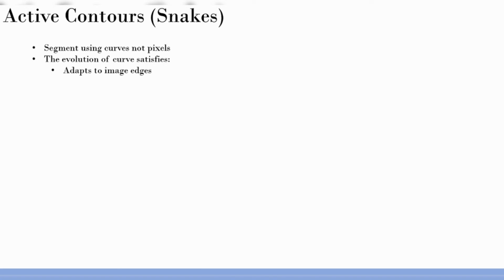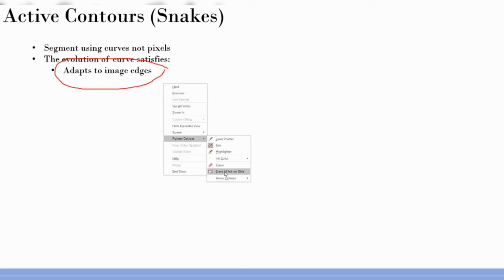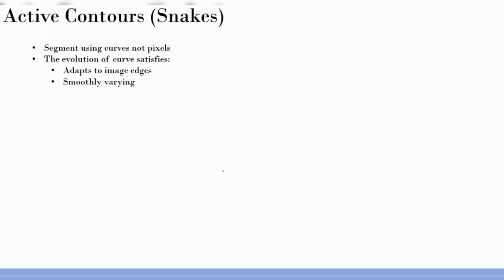So the evolution, so you have the curve. This is not really about a pixel or 2 or 3 pixels or a neighborhood of pixels. This is about a curve, a parametric curve. Okay, so you start with that curve, and that curve will evolve over time. So it does 2 aspects. One is basically this aspect where it evolves, it adapts to image edges. So that's interesting. And then of course it has to be smoothly varying because it's a curve now. So the curve has to be smooth and the curve will look for edges. So we are talking about 2 aspects of how to evolve that curve over time.